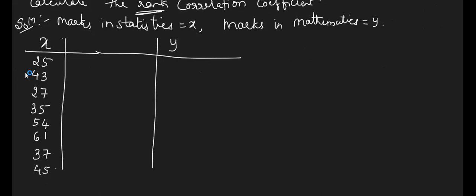Now here what we should write is called as rank of this variable x. Means each variable should be assigned with a rank. So rank assigning is not like how we used to do it for a matrix and all. It is just like how they give the rank in the class, like when they do in schools, how they give the rank, which person will get the first rank.